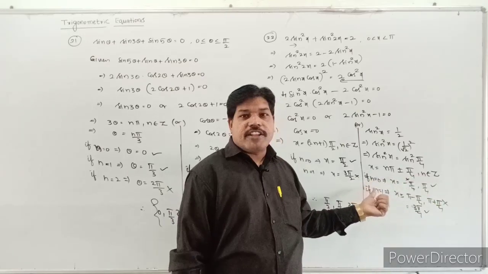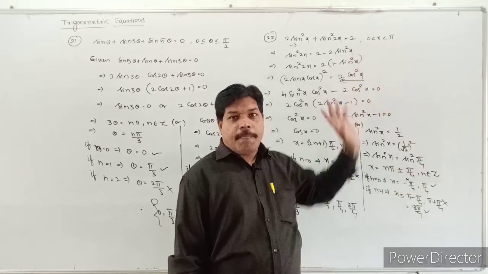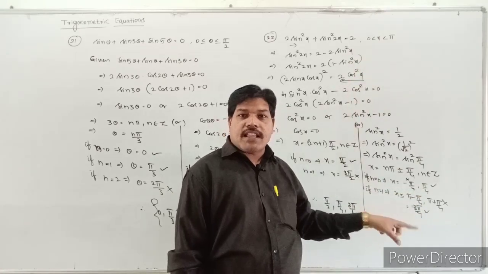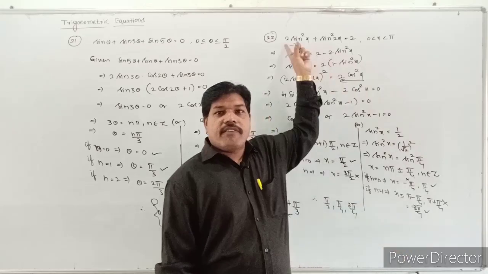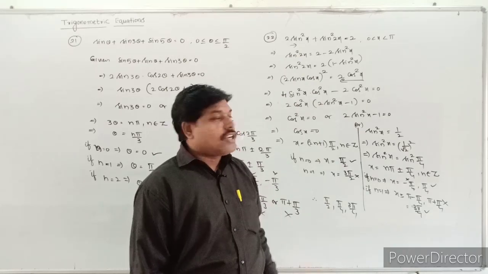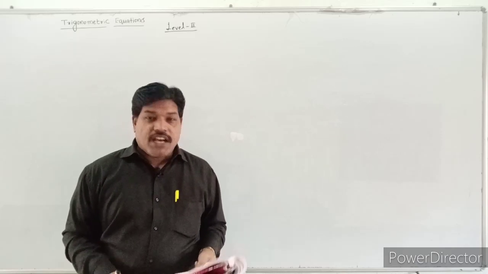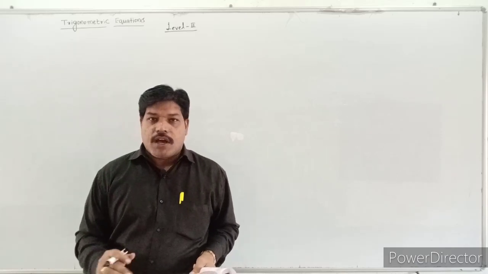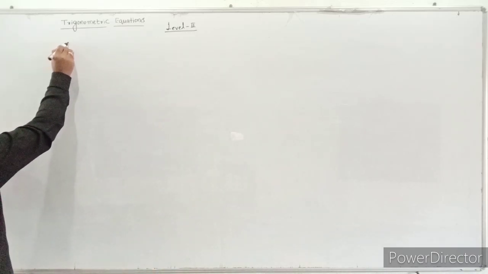And then if n is equal to 0, you will get one angle, that is pi by 4, between 0 to pi. And if n is equal to 1, you will get another angle, that is 3 pi by 4, which is also a solution from 0 to pi to the given trigonometric equations. Are all understood that? So see that question, students. See level 2 and see question number 1. What is question number 1? See that question, students.